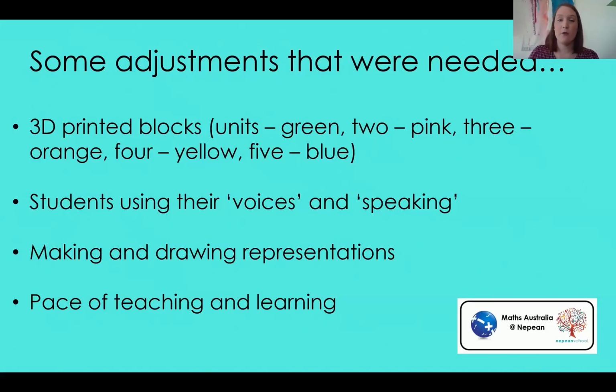One of the other things is voices and speaking. We have a lot of students who are nonverbal. And when we began the training, Esther highlighted how important it is for the students to talk and to hear their own voices when they're talking about the maths that they're doing and using the language. So we really had to work with, what do our students' voices look like and how can we show their speaking? So we talk a lot about using your internal voice, which was something that we developed with the literacy program too.